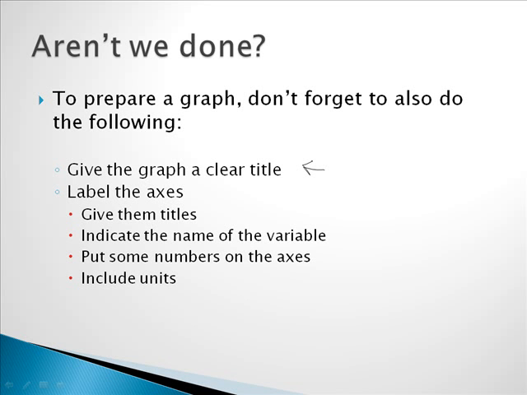Next, you need to label the axes, and that includes several things. You need to give titles to both the horizontal and the vertical axis that are clear and show what the variable is that's being used. You should indicate the name of the variable, so you should probably indicate y versus x or t, so whatever the actual variable is that you're using, because if you then have other things in your paper, like formulas, for example,